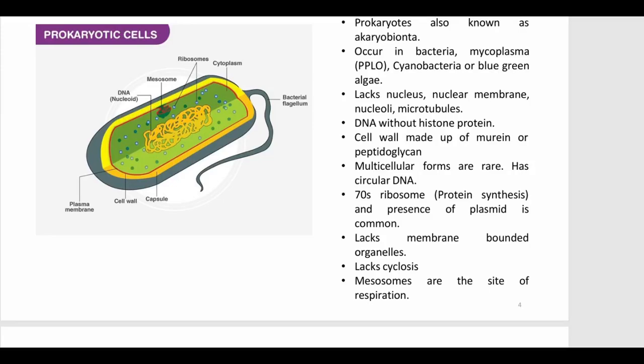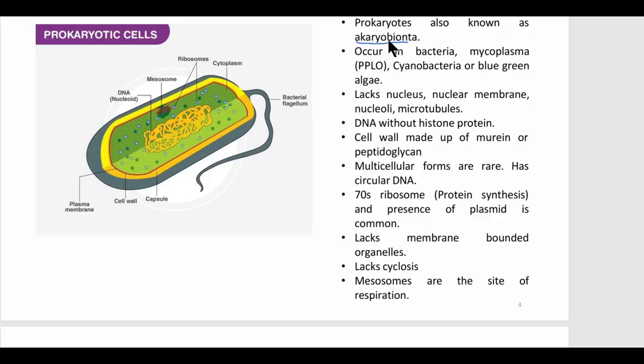Today let's discuss a very important topic, that is the cells. The types of cells are of two types. The first one is the prokaryotic cell. Prokaryotic cells are present in the prokaryotes, and the prokaryotes are known as